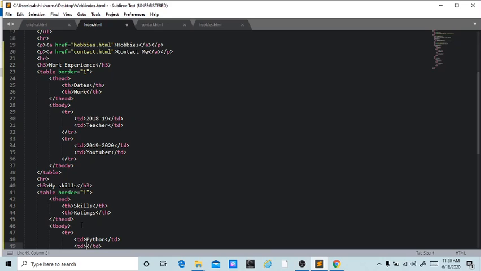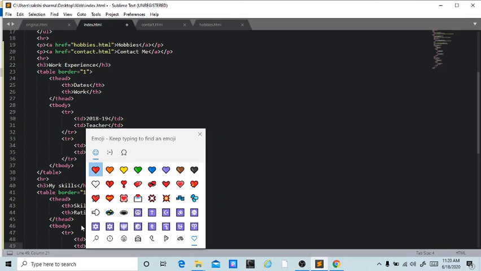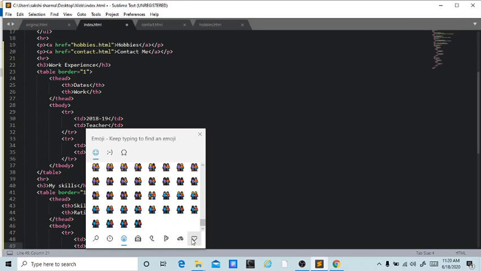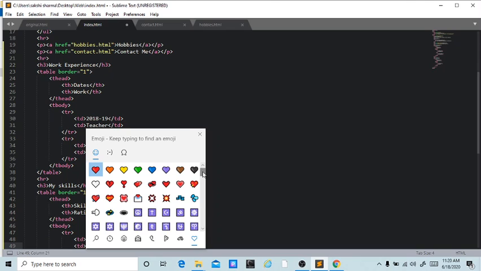Now click the Windows key on your keyboard, Windows plus dot, and you will see the emoji panel will open. In Windows, you can click the Windows key on your keyboard and Windows plus the dot key.